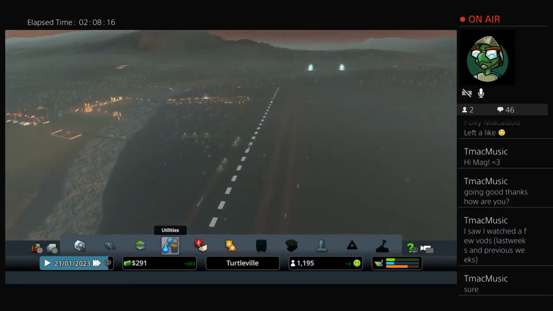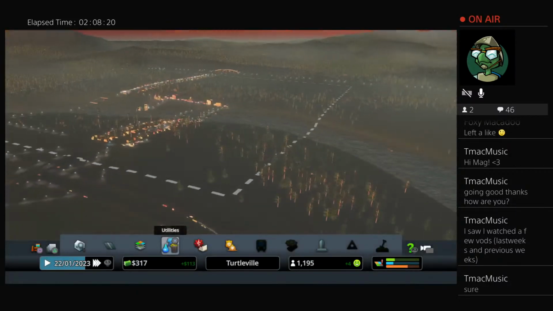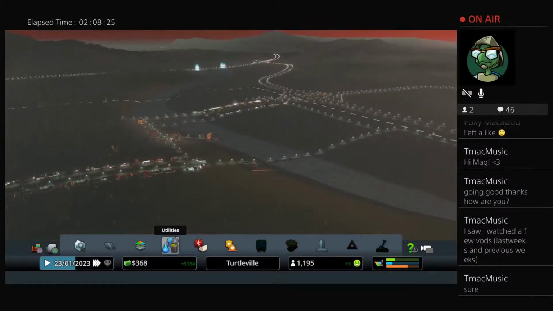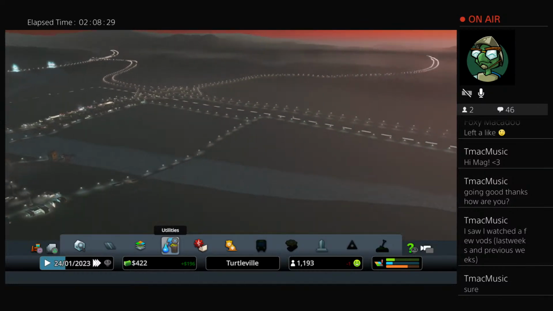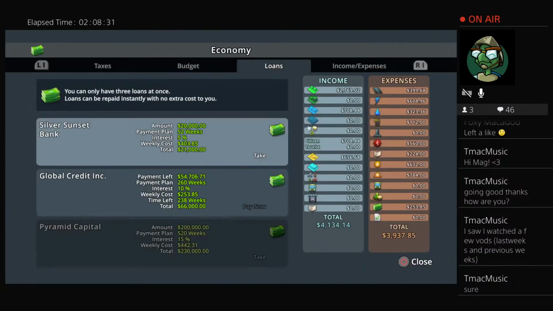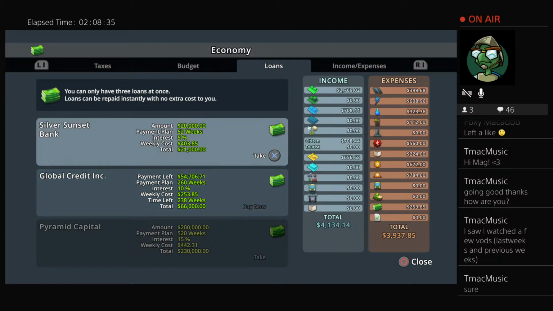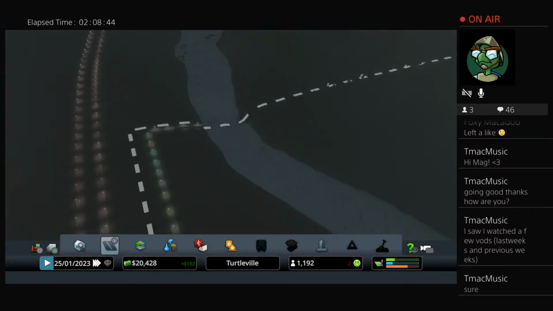We can raise taxes again, and most of the people are happy to pay them, so that's not too bad. And the other thing we can do, of course, is grab a loan for 20K. Yeah, I think we grab the 20 grand loan, which is not something that I really advocate to anybody, but